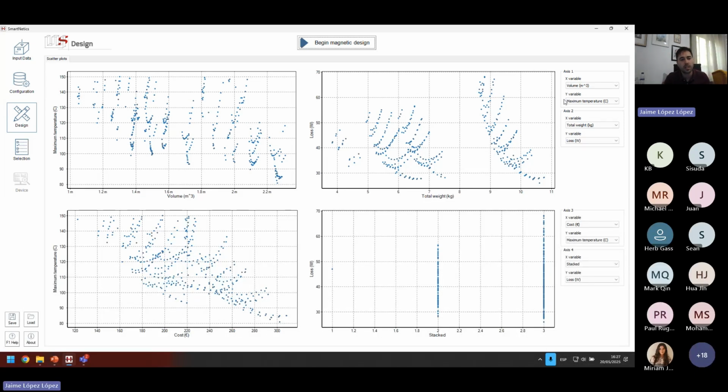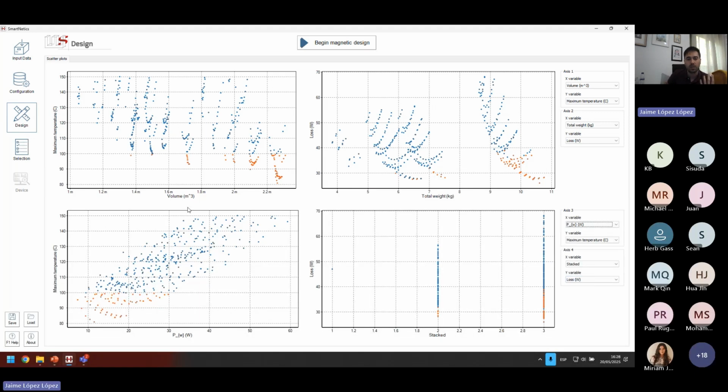For example, in this case, as you can see, there's a wide range of temperatures for the devices. So let's say we only want the ones that are colder than 100 degrees, for example. You can select them. As you can see, the impact in this variable is extrapolated to every other variable. And in here, you can select any variable that we have used in the design, not only these ones. For example, let's say, for any reason, you don't care about the cost, you care about the wire losses, for example.